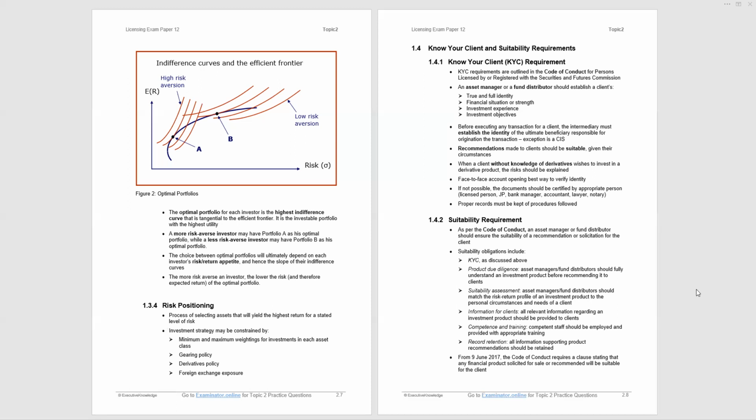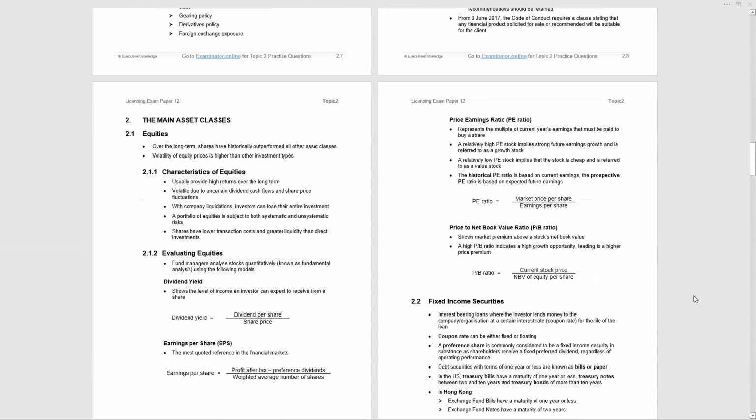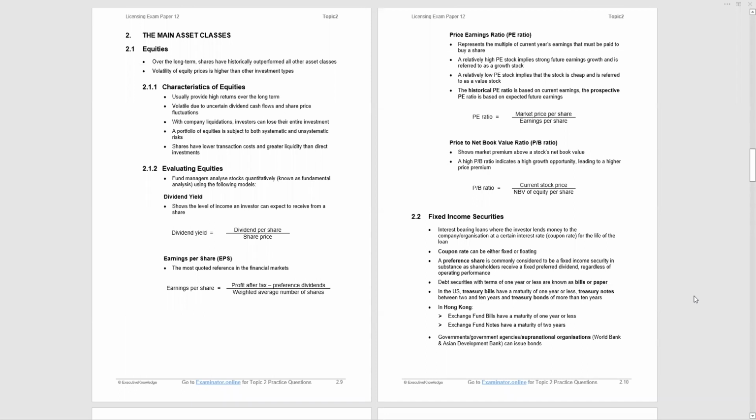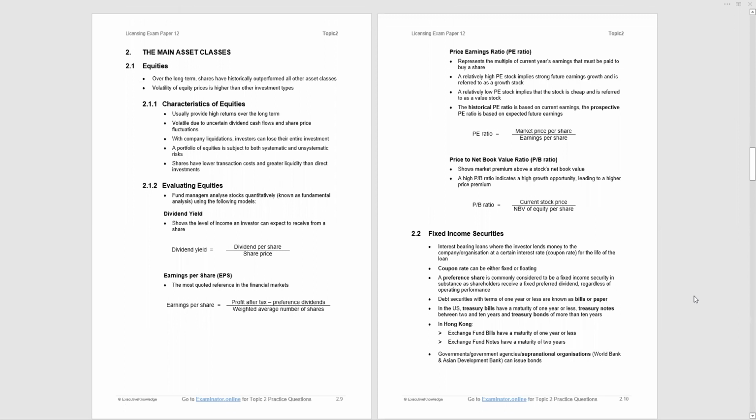And at the bottom of the page, we're told that from mid-2017, code of conduct requires a clause in any client agreement that the financial products listed for sale or recommended will be indeed suitable for the client. Okay, let's move on to section 2 under topic 2 of paper 12, and we're going to consider equities, fixed income securities,